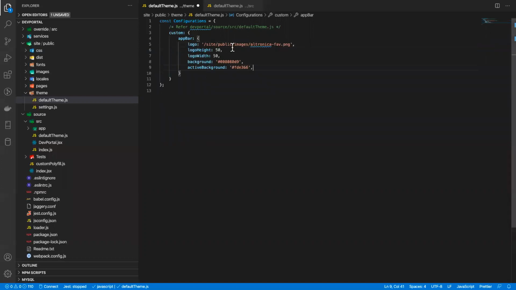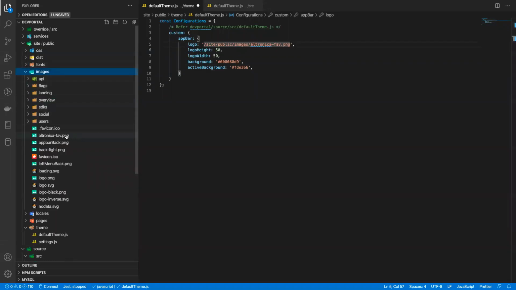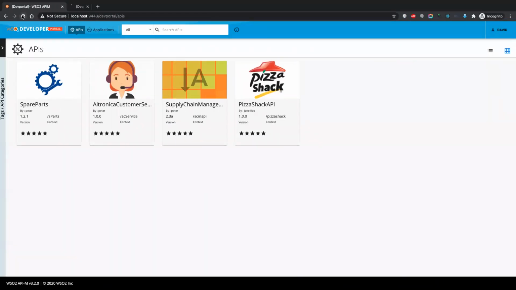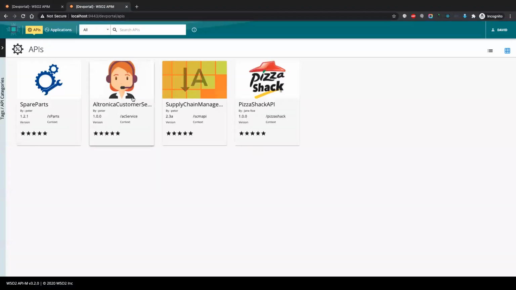So now I have already copied this image file into this images directory, so it is already here, and I have provided this custom height and width, and then the background and active background I have also changed to another color. And let's save it, and I will keep this window for reference, and I will open it from another tab. So now you can see we have changed the logo, and